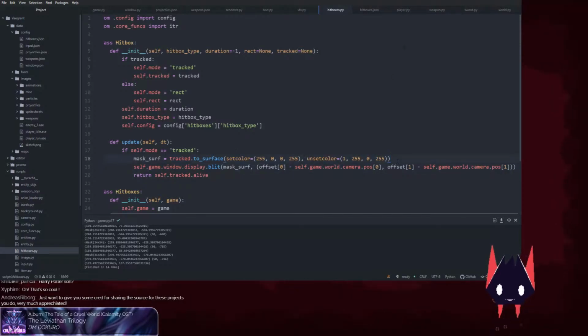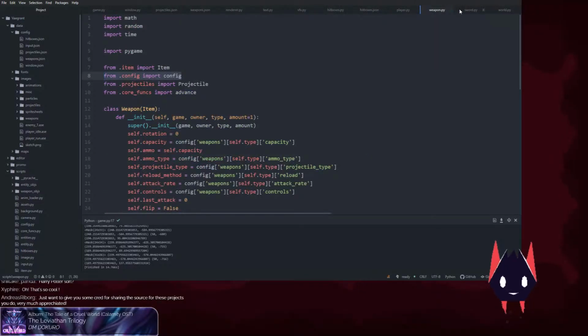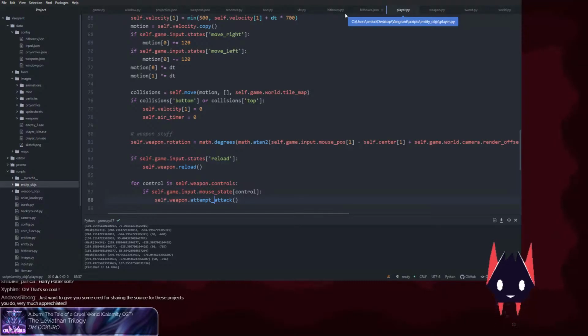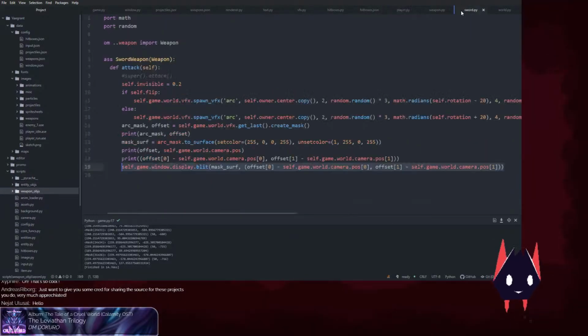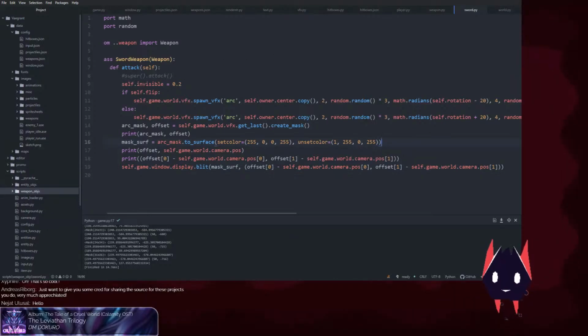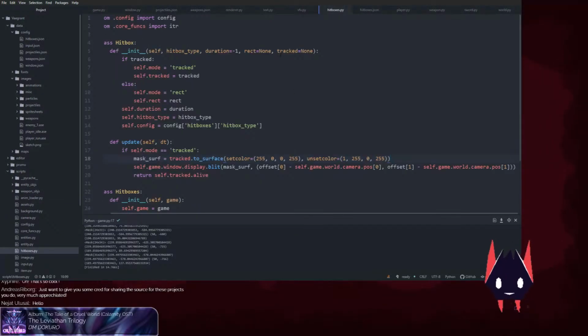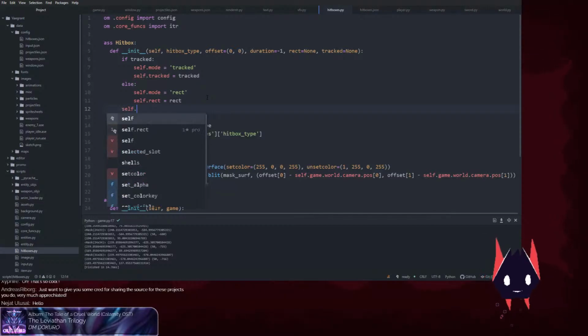That should do it. Wait, where's the offset? Oh, it'll have to be stored. Oh boy. So that's going to have to be an initialization option here. So offset equals 0, 0. self.offset